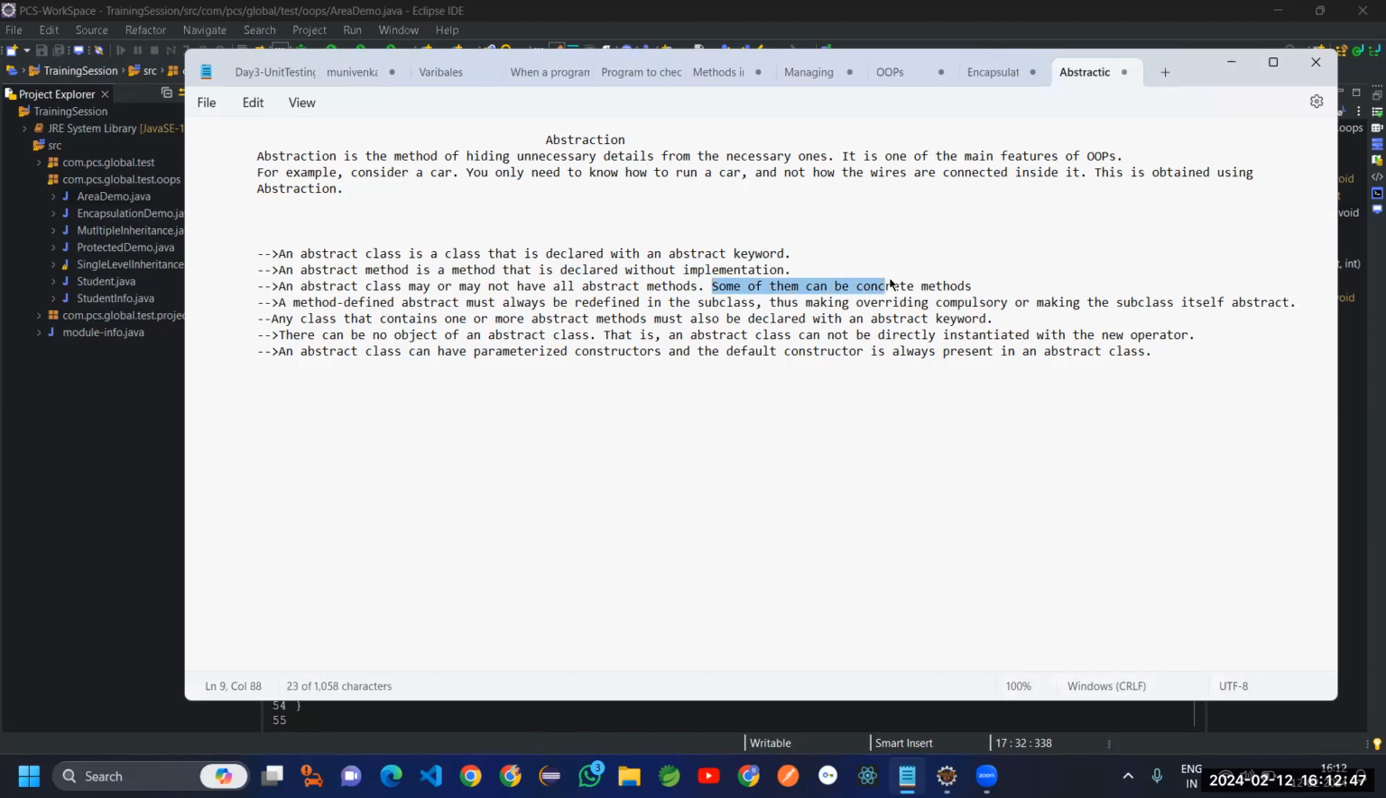So some of these are concrete methods. Concrete methods are regular methods. That means methods with implementation are called concrete methods. And